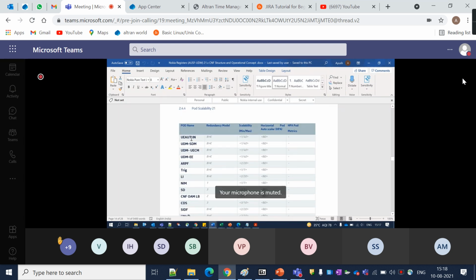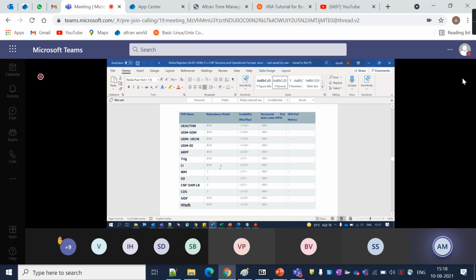And also in this document, we can find the scalability, like what the redundancy model of a particular pod is, what type of redundancy we have to create for each pod. And also, I'm working for the DishNet project. So I have to do the communication with the customer or region team. So what redundancy we need to keep for the particular pod, we have to refer to this document and suggest to the region team, or the region team will already provide you the document,